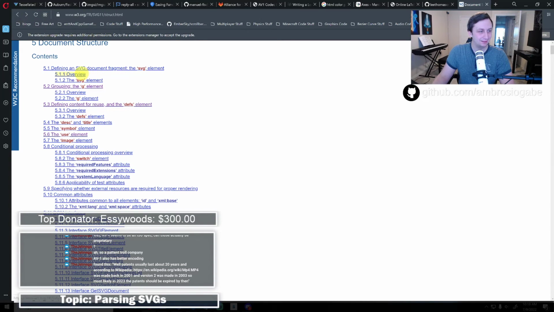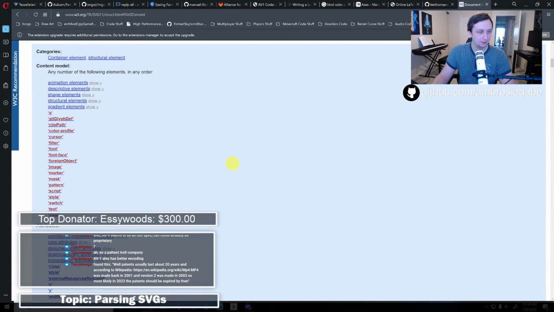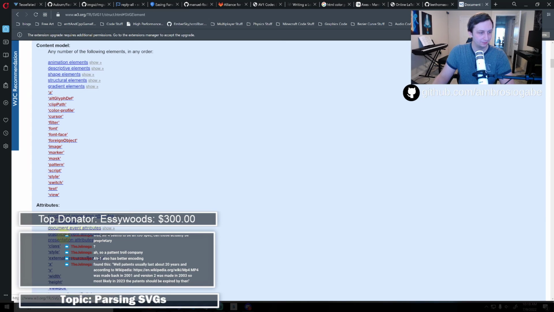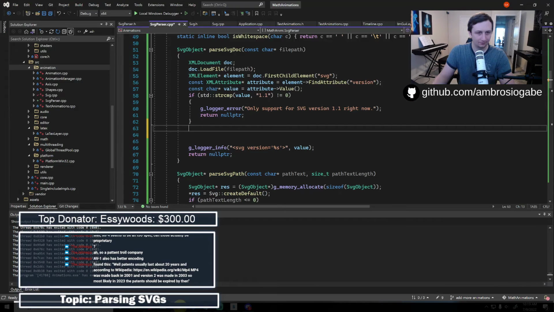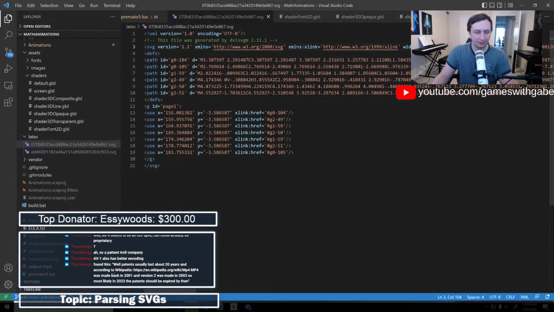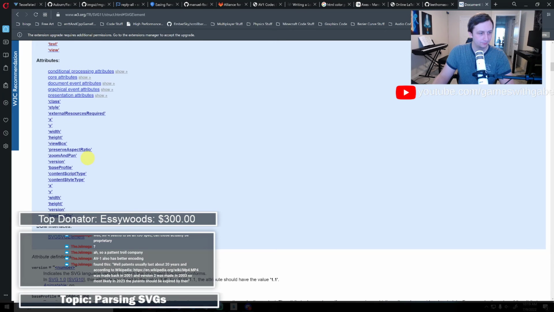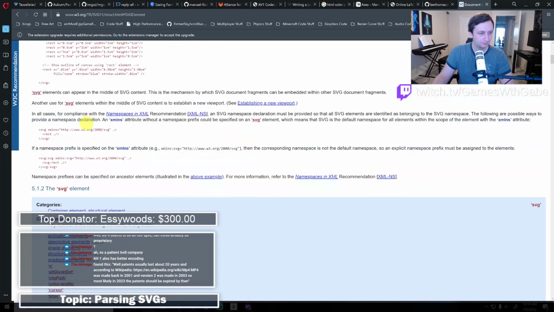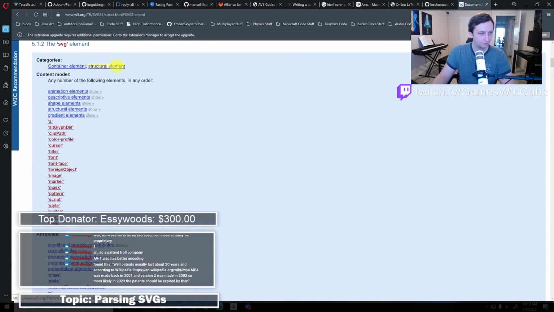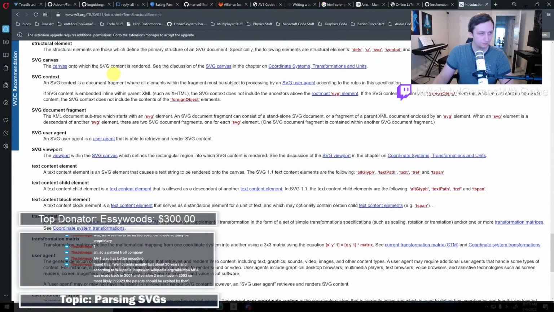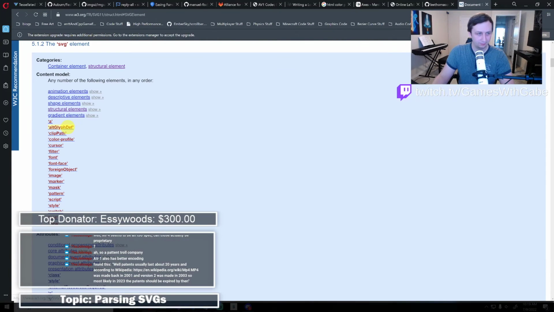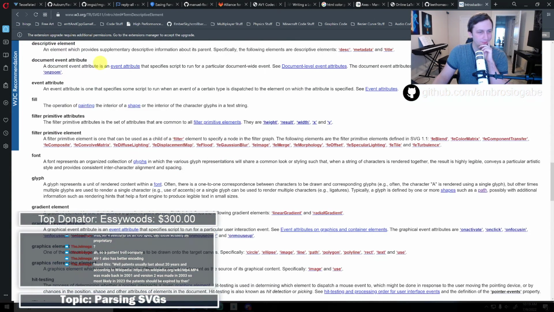I want to see the SVG element. Yes, I want to see this. So what is this thing? The width and the height in the view box. I want to know what those represent specifically. Descriptive elements. Maybe this?